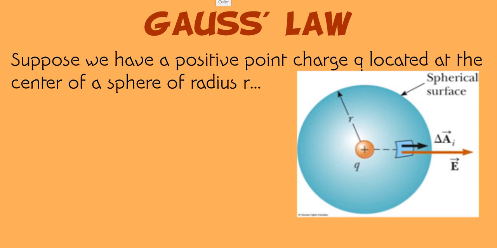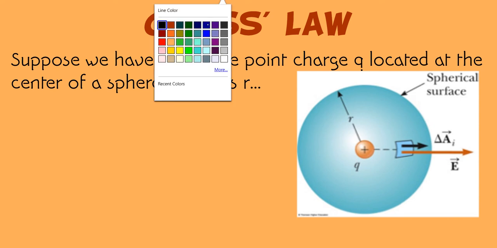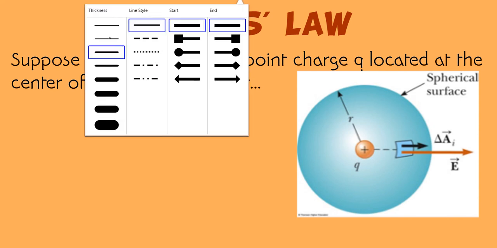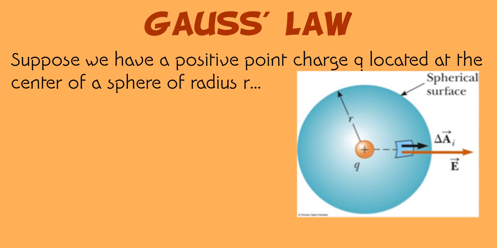We're going to have a positive point charge, call it Q, located at the center of a sphere of radius r. That sphere of radius r is our spherical surface, or our closed surface. And we're going to start by looking for the flux through that closed surface. To do so, we're going to start by writing out our flux expression, which says that the electric flux